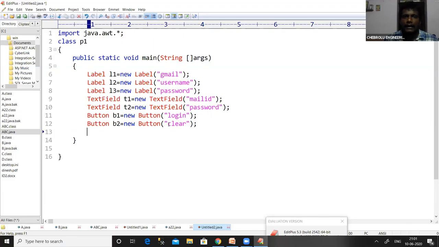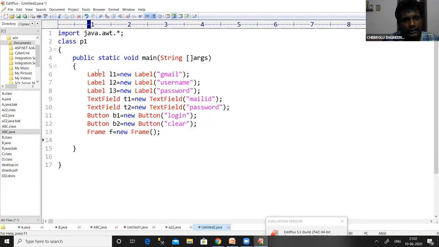So keep one thing in mind, that while we are dealing with the Abstract Window Toolkit components, we need to have a container, and we need to set the size of that container. We need to set the layout of that container, and we need to set the visibility of that container. So in order to keep all the things at one place, I want to create a container, which can be created by using a Frame or a Window or a Panel, etc. Frame f equal to new Frame. So this will create a container where we can place all the components.